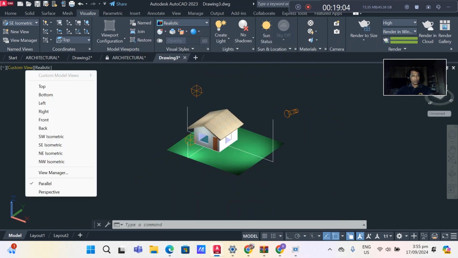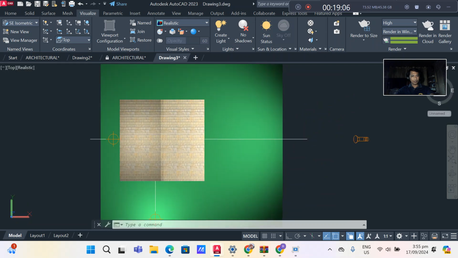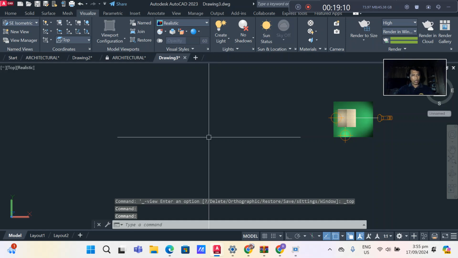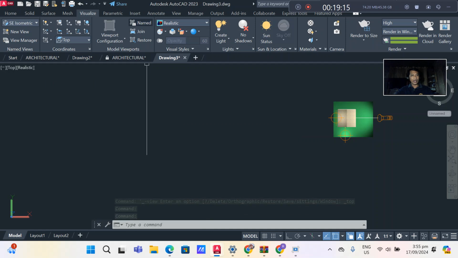Now set your view into top. I'm going to show you how to insert the newly rendered file, then how to resize it also.